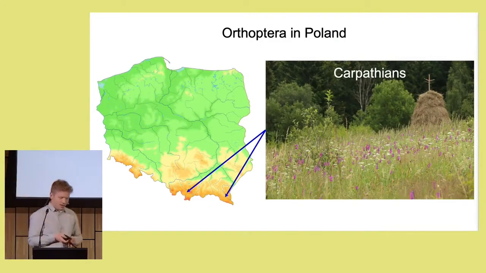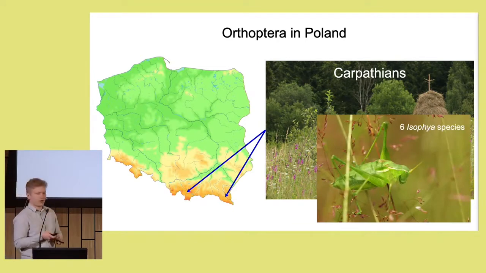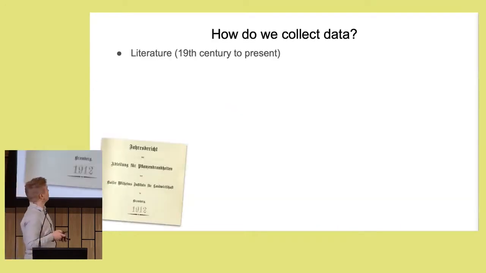If we go further, another interesting Orthoptera region is the Carpathians. In the Carpathians, we also have higher mountains, more than 2,000 meters above sea level, but maybe the most interesting habitat there are extensively used hay meadows, like you can see here, also a very beautiful habitat. Maybe the most characteristic species there are Isophya, with 6 species in Poland. So, I hope you have some picture of what Orthopterans in Poland look like, but now I would like to go to the